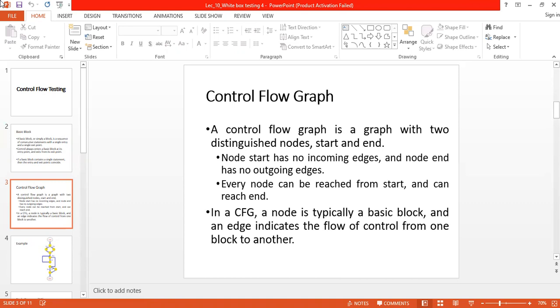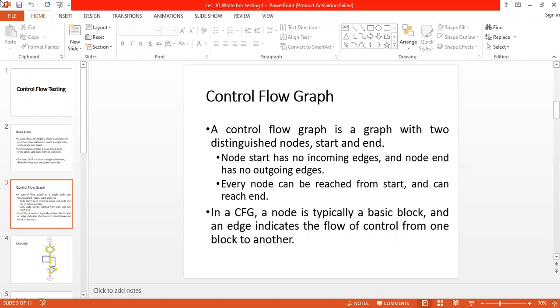And when we talk about the end nodes, this particular end node will have either single or multiple incoming edges, but no outgoing edges. So that's why we call it end. So each and every node can be reached from the start and can reach the end, right?